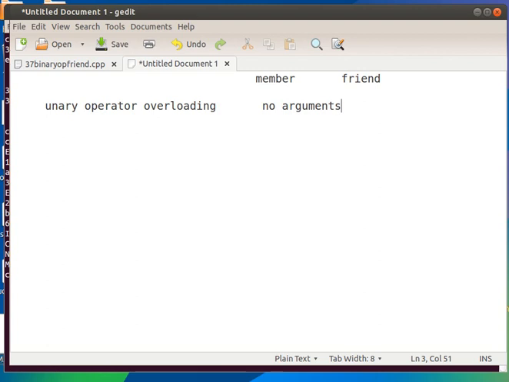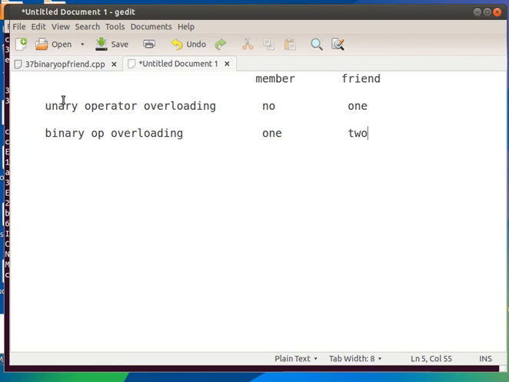We have seen it in the last video, no arguments. And if you are using a friend function, then it needs one argument. Okay. And in the case of binary operator overloading, if we are using a member function, we need one argument, and if we are using a friend function, we need two arguments.